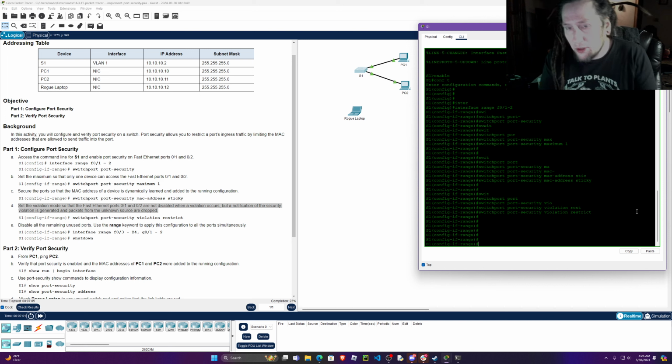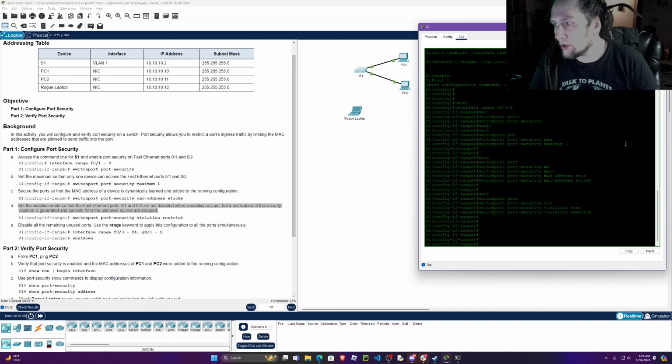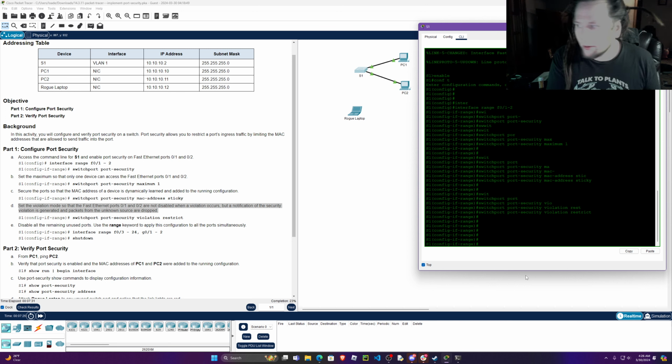A lot of people, maybe you realize this already, maybe you don't, a lot of people don't realize that you don't have to exit out of a configuration mode or a unique configuration mode to go to another, right? So a lot of people would type exit and then enter the new configuration mode. You can just go to the next range. It doesn't allow you to autocomplete, but we can just say F0/3 through 24, and then it's going to be